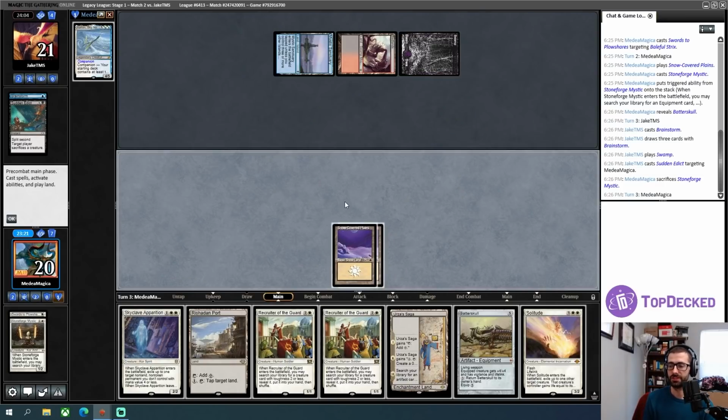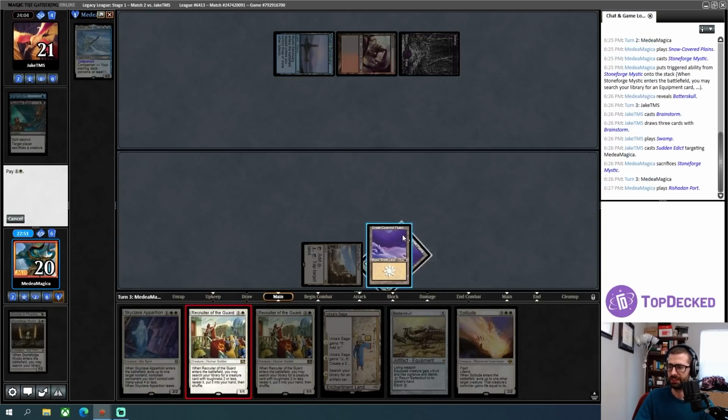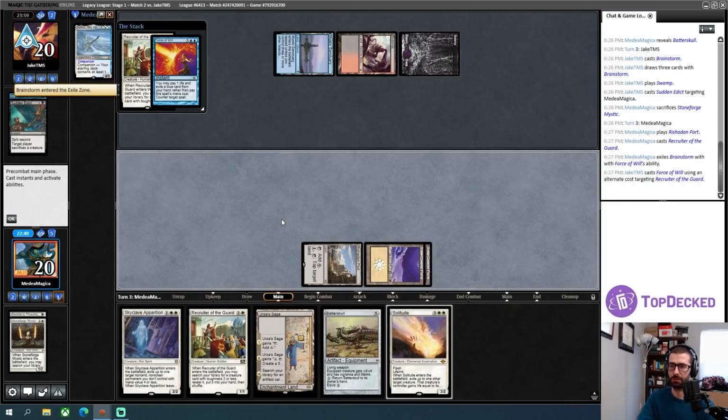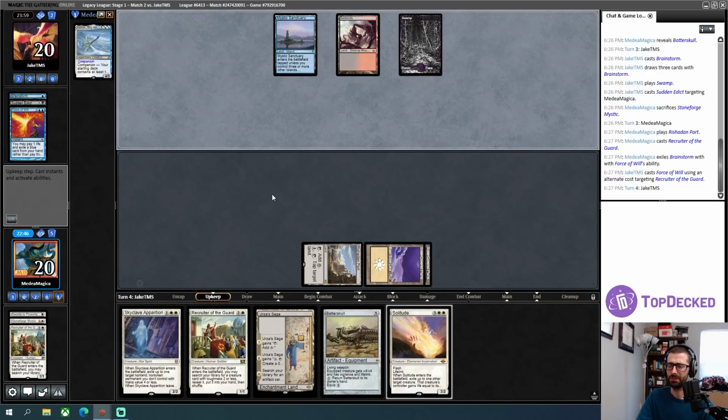Is this a Recruiter turn? A fine Recruiter turn. Is it an Urza's Saga turn? An okay time to play Saga. The thing is, I probably want to play whatever I get off the Recruiter. I'm going to chill with the Urza's Saga. I don't really want my lands disappearing yet. Oh, super happy to see that. If I knew my opponent was going to aggressively force a Recruiter, though, I wish I would have played